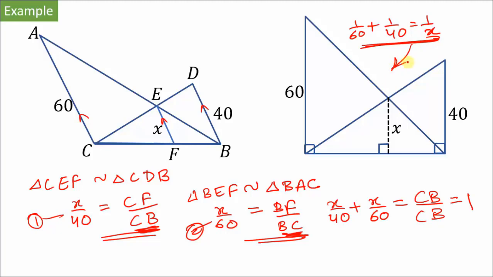Same will happen in this case as well. Only the lines need not be given parallel here, but you can deduce that as these lines are perpendicular to the same line, these lines will be parallel to each other. So this was all about similar triangles. We saw different problems related to similar triangles, different figures in which you can quickly identify similar triangles. I have mentioned a few more similar triangle scenarios in the description, but you will have to go through circles topic first to understand them better.